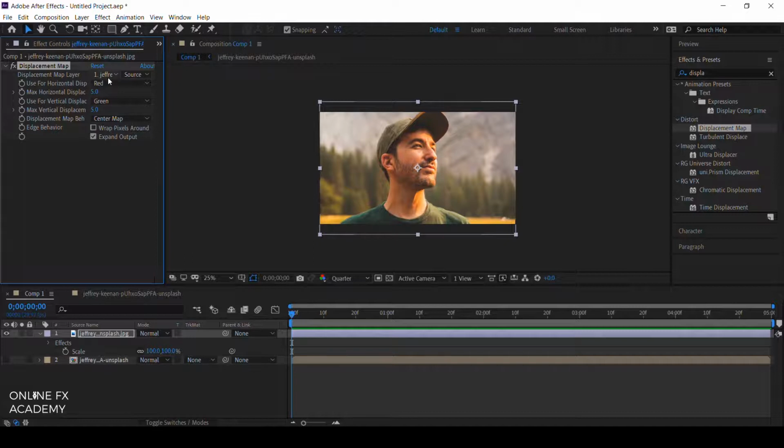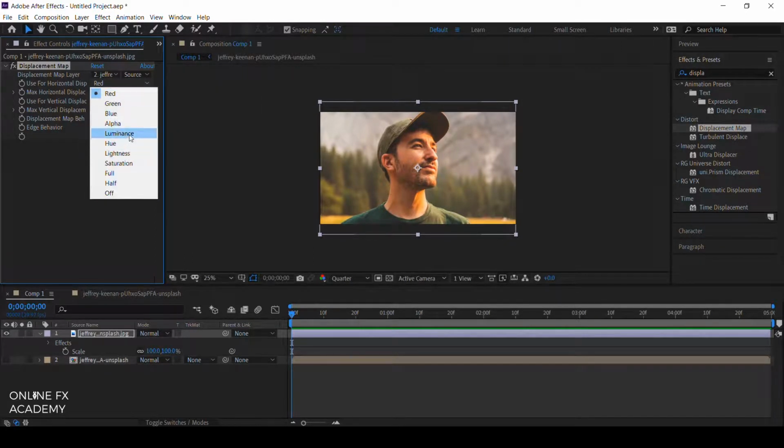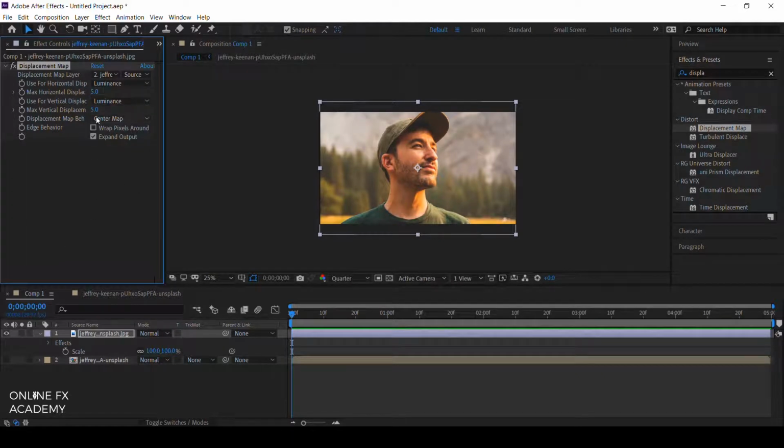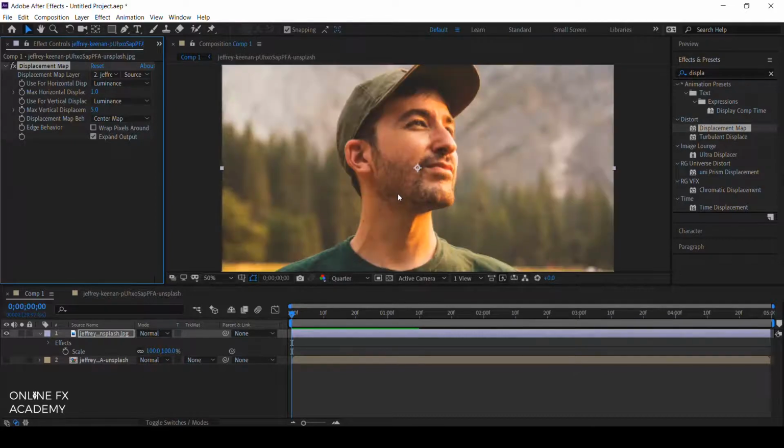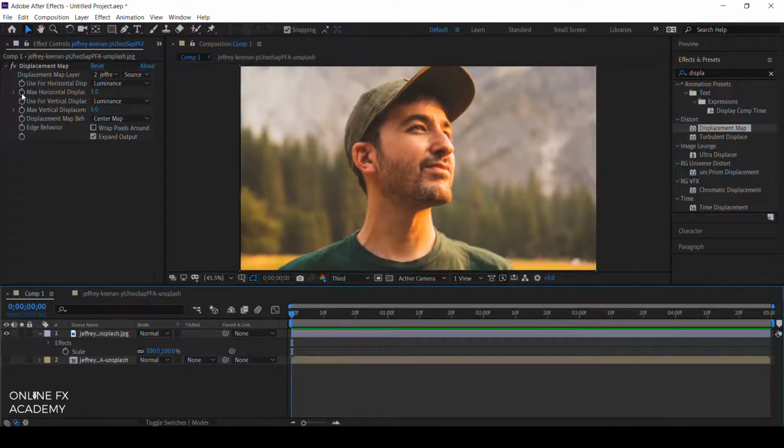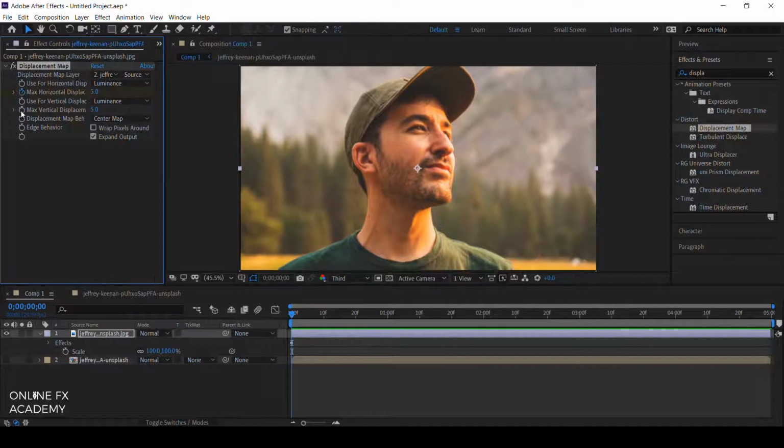And change the displacement map layer to our image comp, and then change use for horizontal and vertical displacement to luminance. And now the real magic begins. Now as you shift the values of maximum horizontal and vertical displacement, you will see that our depth map is working really well. What we will do is click on the clock beside maximum horizontal and vertical displacement and